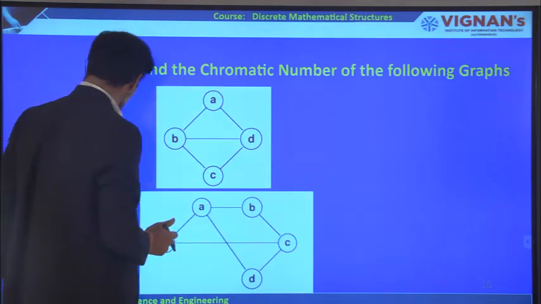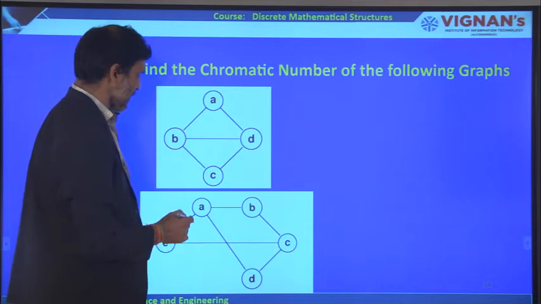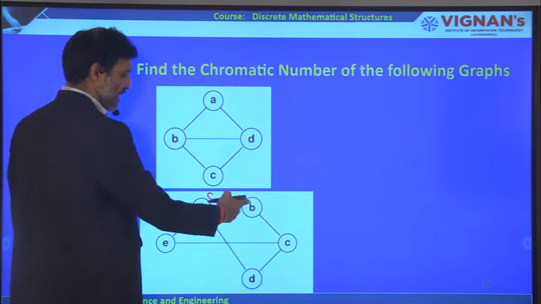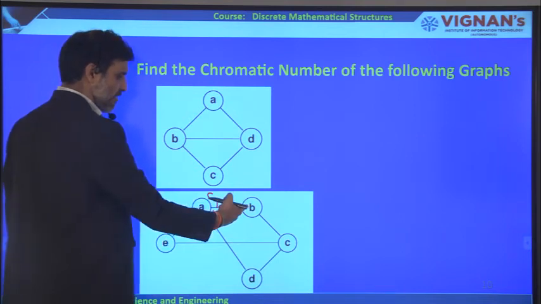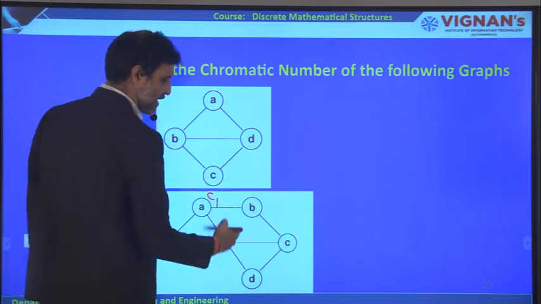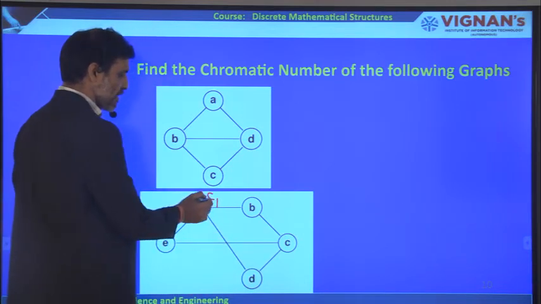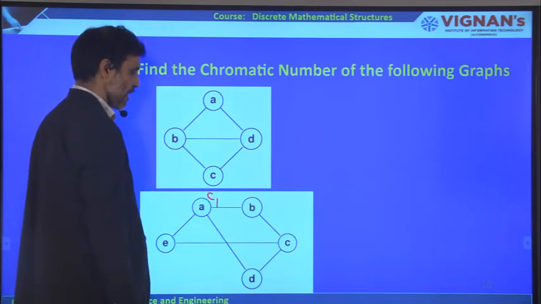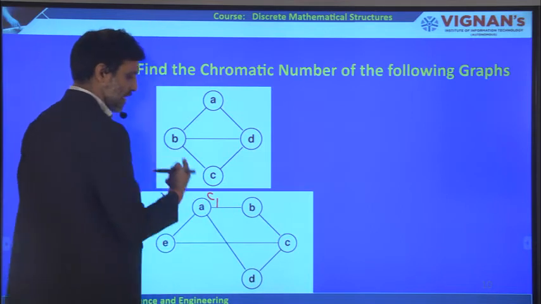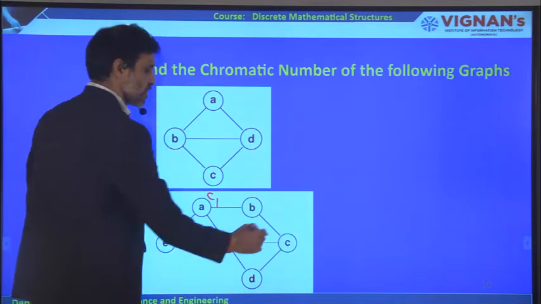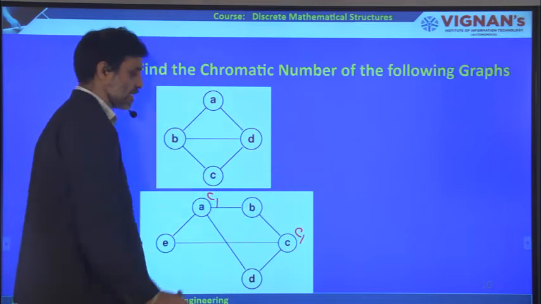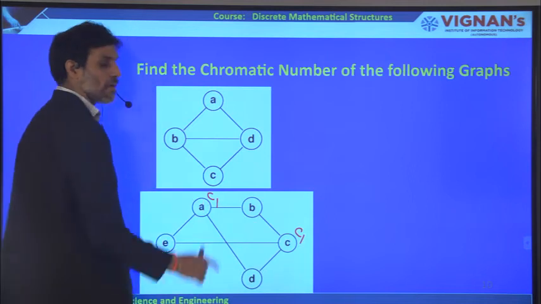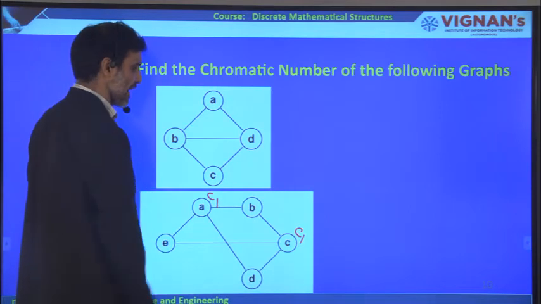Now another important example is given here. Suppose you fill with the color C1, then you need to check the adjacent vertices. B is an adjacent vertex, E is an adjacent vertex, similarly D is an adjacent vertex. So you cannot fill B, E and D with C1. Therefore it is not possible. But C is not adjacent to A. So therefore you can fill this. This might be a case to fill vertex C with C1, since C is not adjacent to A. Let us try it like that.